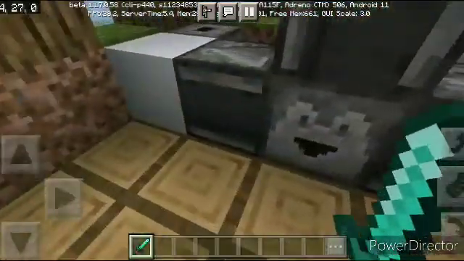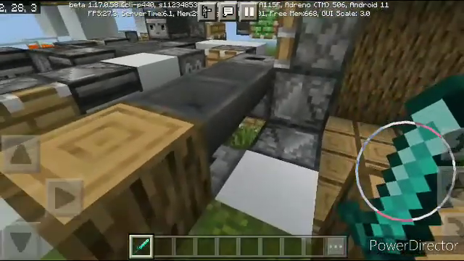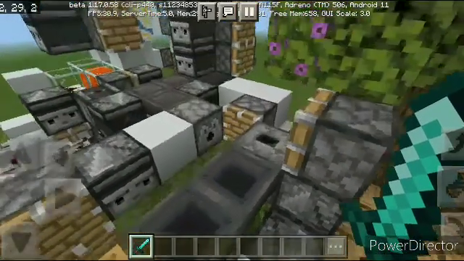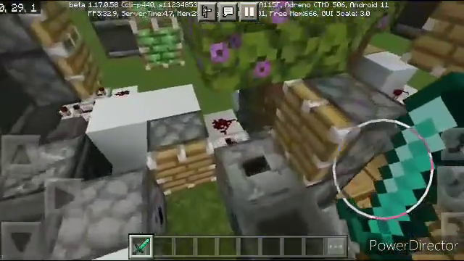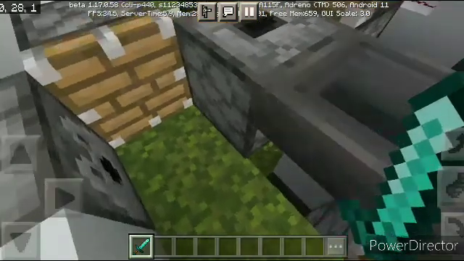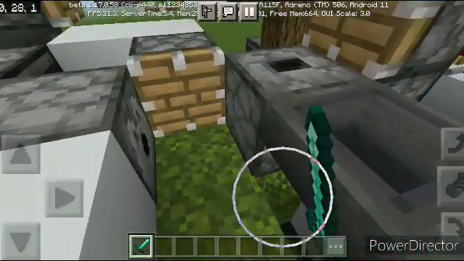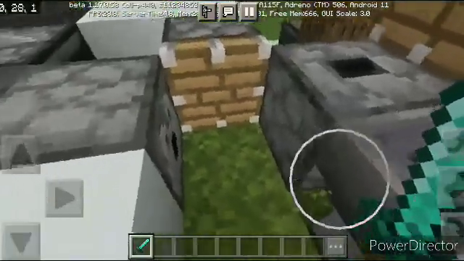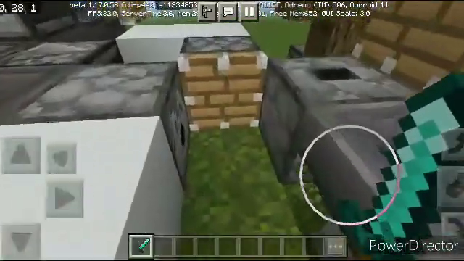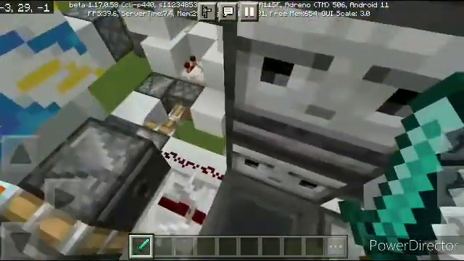Let me find a dispenser. So that dispenser is going to be on the other side of that moss block right there. We'll bone meal that moss block, and plants will generate on top of these two moss blocks. And yeah, we are going to run the system on a clock, and to detect that clock,